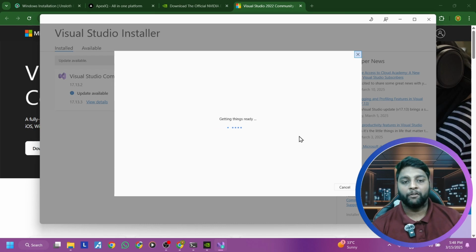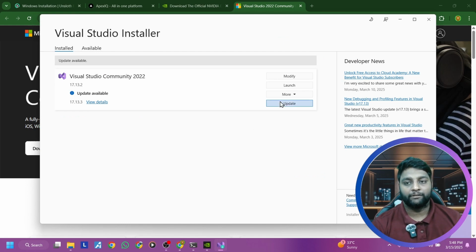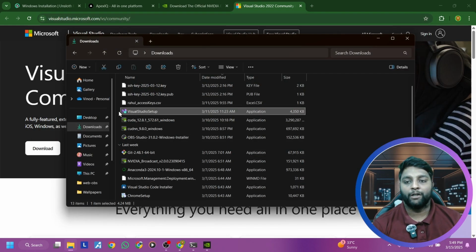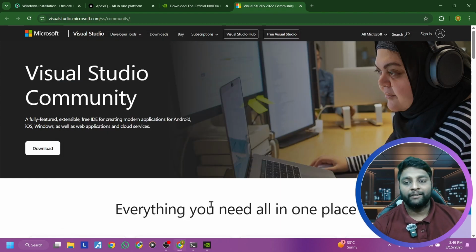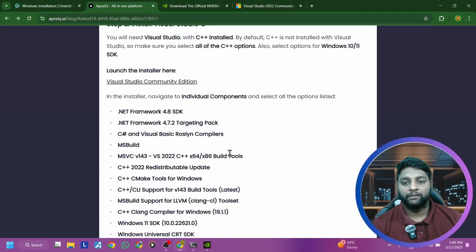You can see here, view the details. You can immediately see the details of the last update date. It was on 3/11, so it is on the 11th of this month, 2025, 4 days back. If you want, you can update to the latest version as well. Just download the latest version which you have here and install it. So after this installation, once Visual Studio is done, the next step is